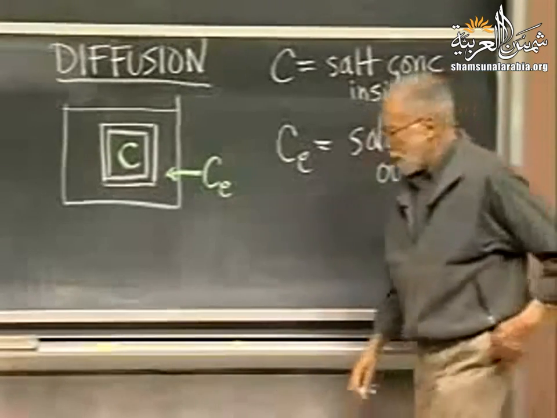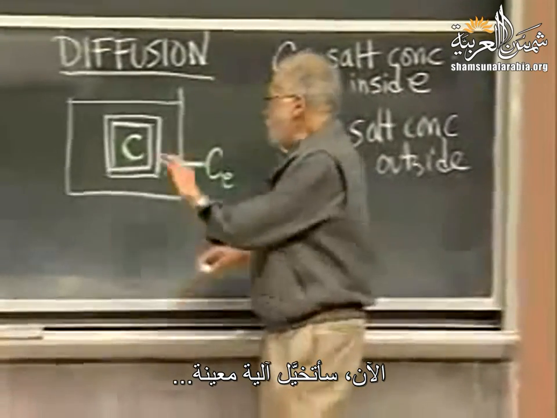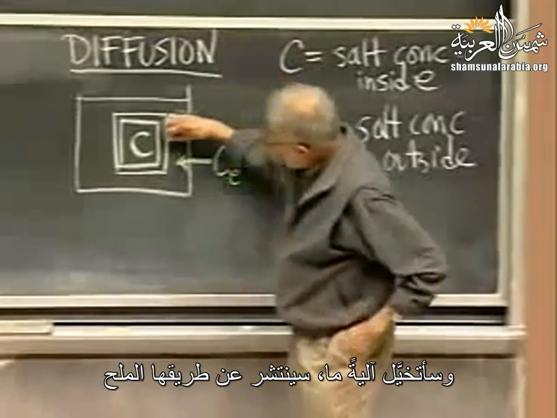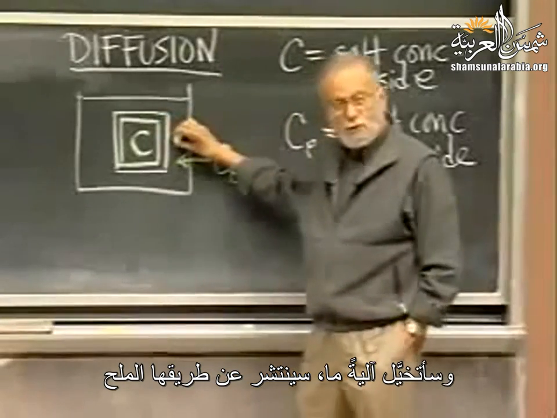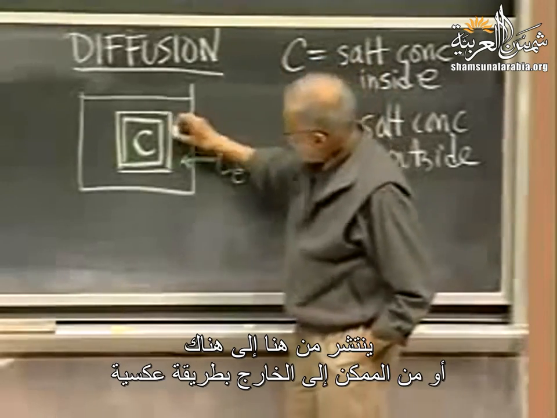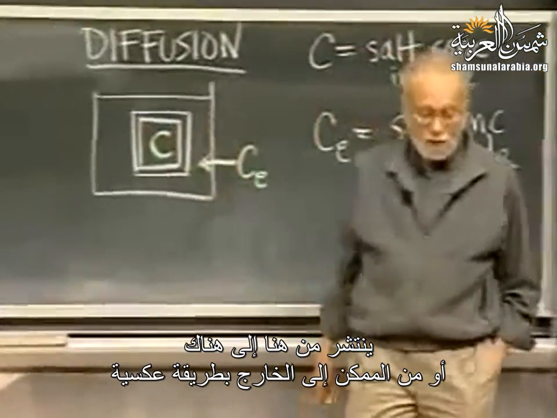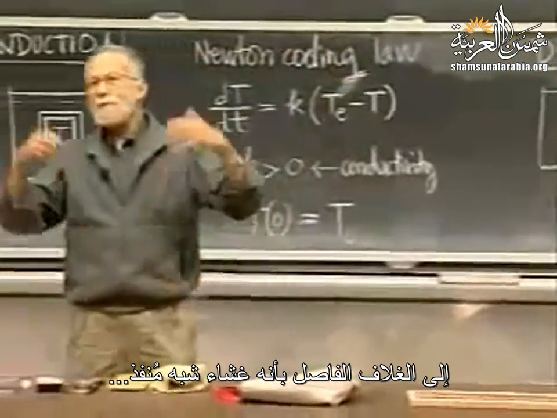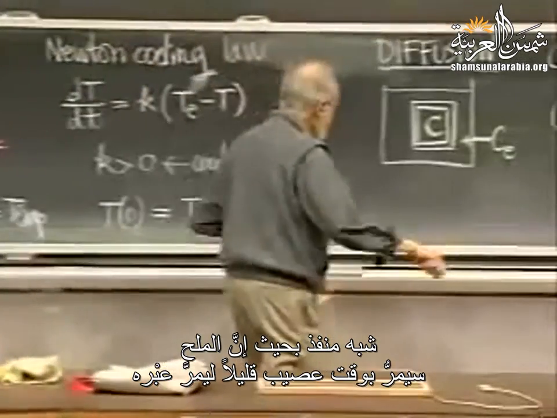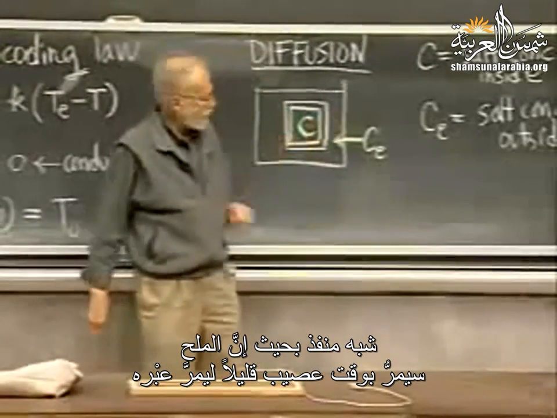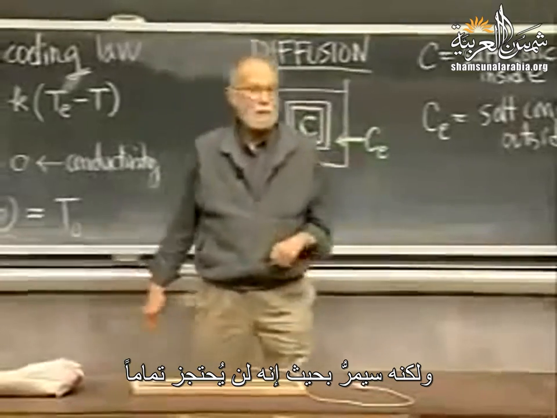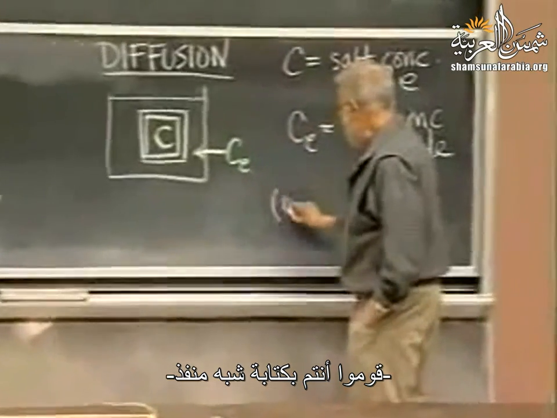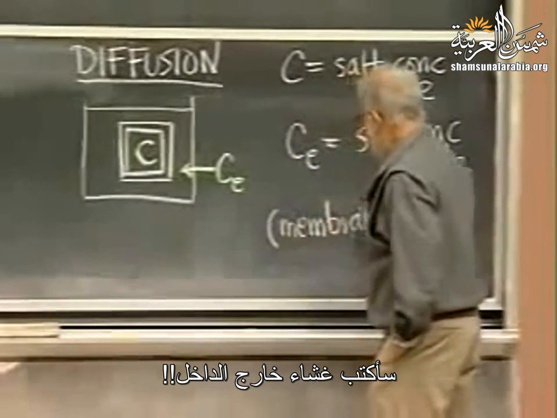in the water bath. Now, I imagine some mechanism. So this is a salt solution, that's a salt solution, and I imagine some mechanism by which the salt can diffuse. It's a diffusion model now. Diffuse from here into there, or possibly out the other way, and that's usually done by vaguely referring to the outside as a semi-permeable membrane. Semi-permeable so that the salt will have a little hard time getting through, but permeable so that it won't be blocked completely. So there's a semi-permeable membrane